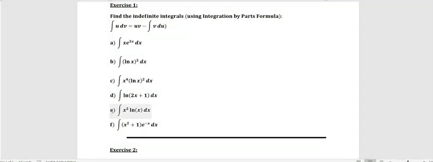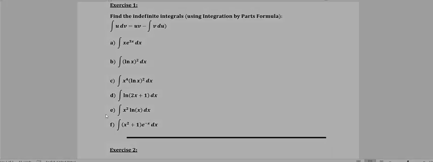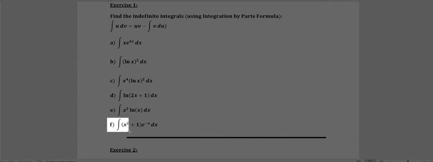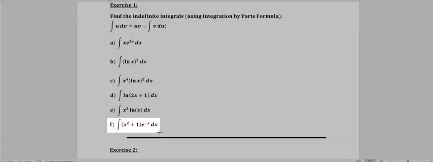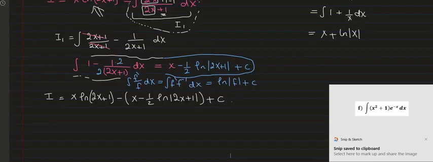Now we have the part E, x to the power of 2 times ln x. It's pretty much like the x to the power of 4 times ln x all to the power of 2. I'll leave it for you as an exercise, and if you got any problem, refer to me or to your TA. And let's go to that part